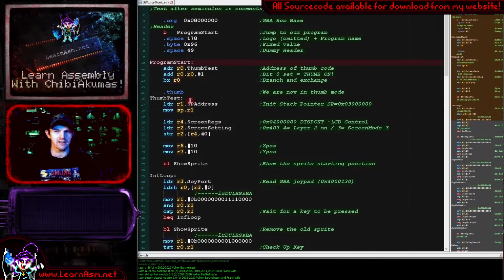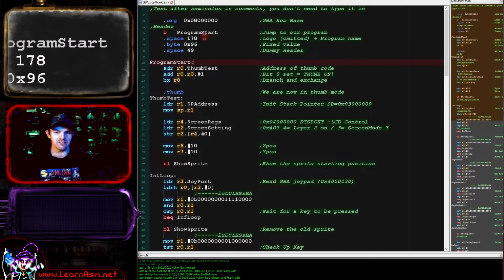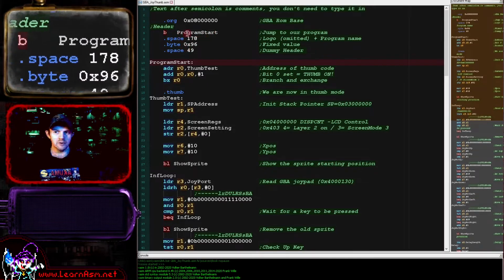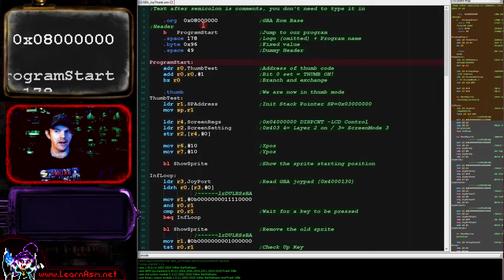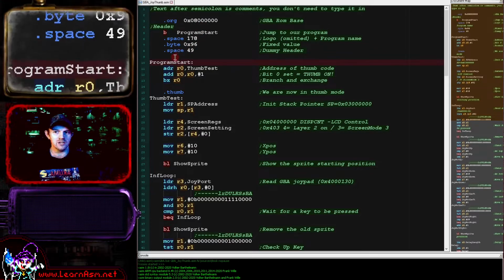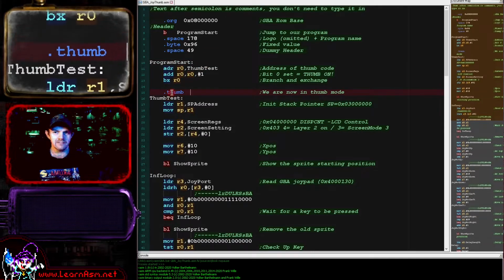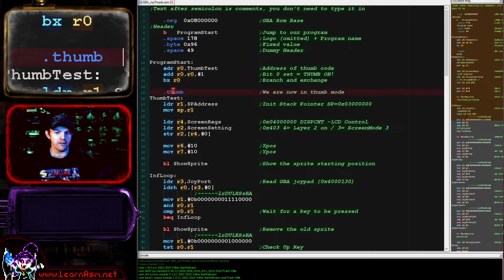Okay, so the example we've got today is this joystick thumb one here. Now what we've got here is a sort of dummy header. This isn't a true Game Boy Advance header, but it is enough for our emulator today, so it will suffice. Now the first thing we're doing at the start of our program is we are actually turning on thumb mode. Now we've got our label here, thumb test, and you can see this assembler directive .thumb here, which tells the assembler